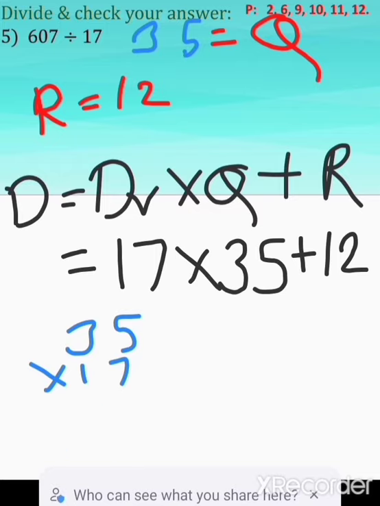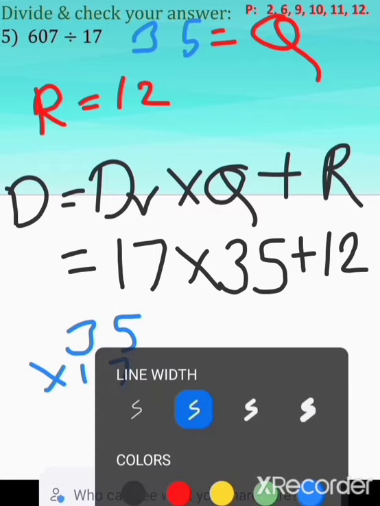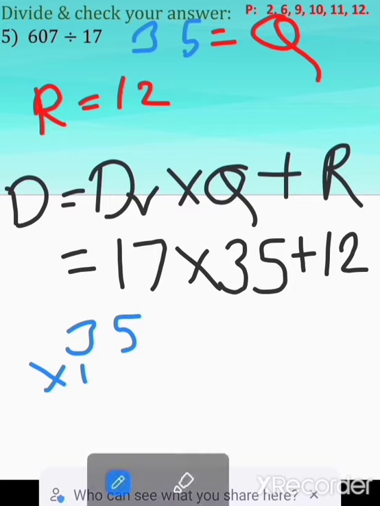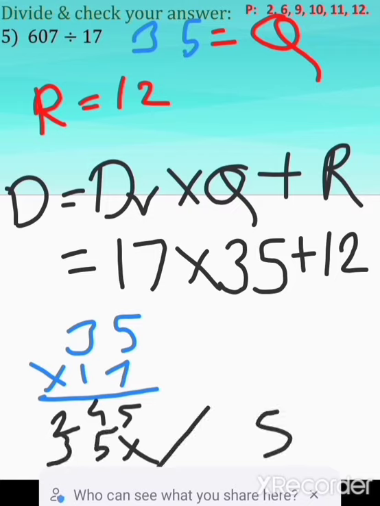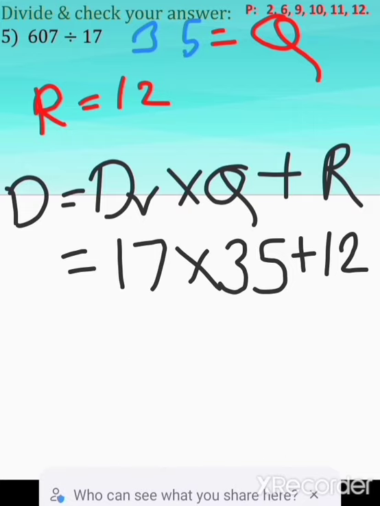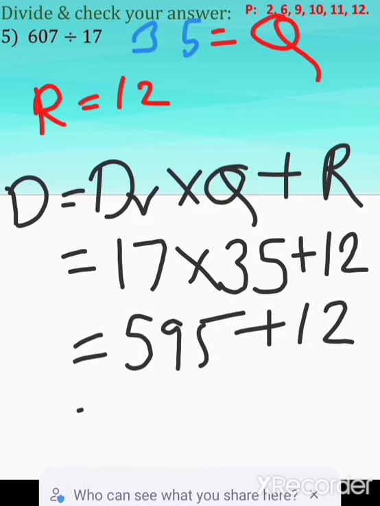If I don't know the table, I have to go for 2 steps multiplication. First I will multiply by 7. 7 5s are 35, 3 carry, 7 3s are 21 plus 3, it will be 24. Then for the ones, I'll put a cross here. 1 5 is 5, 1 3 is 3, and after addition it will be 595. I'll write this 595 here plus 12. How much am I getting? 5 plus 2, 7, 9 plus 1, 10, 0, 1 carry, 607.